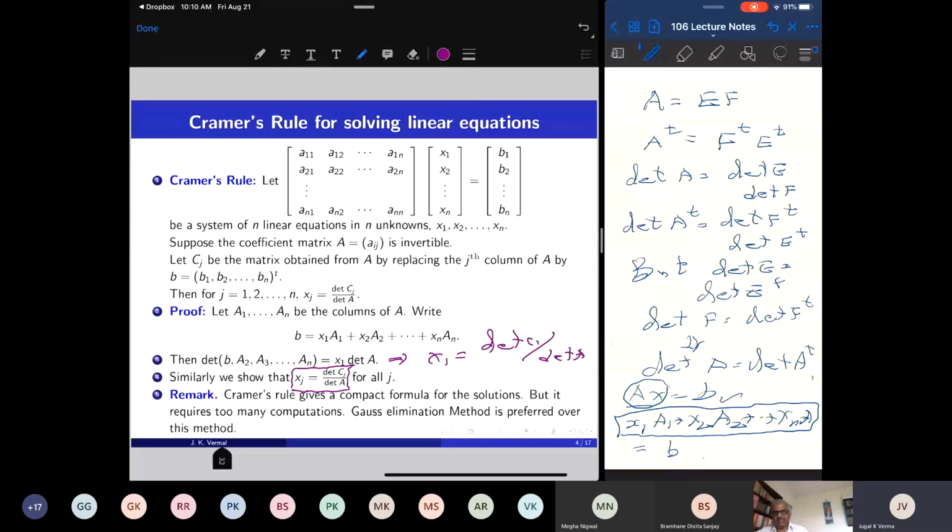Okay, so that is the end of our brief introduction to determinants. We have proved some fundamental properties. The determinant of a product of two matrices is the product of determinants. We have proved the determinant of a matrix is the determinant of its transpose. We have used the cofactor matrix to find the inverse. We have also derived a criterion for invertibility of matrices, that the matrix is invertible if and only if its determinant is non-zero. And the formula for the determinant in terms of the Gauss elimination method, in terms of multipliers and the number of row exchanges.